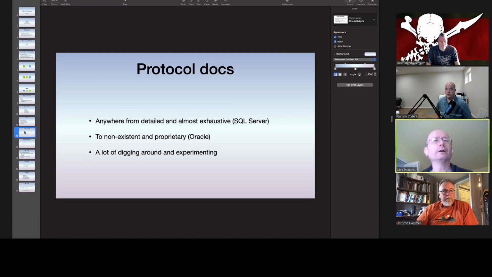But one of the major challenges is really the protocol documentation. Can we figure out how the bits are organized on the wire as they go back and forth? The documentation ranges from very detailed, like Microsoft has done a fantastic job of documenting their database protocol. It's vast, it's really big, but it is documented,